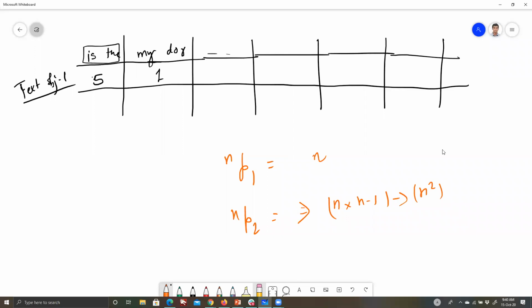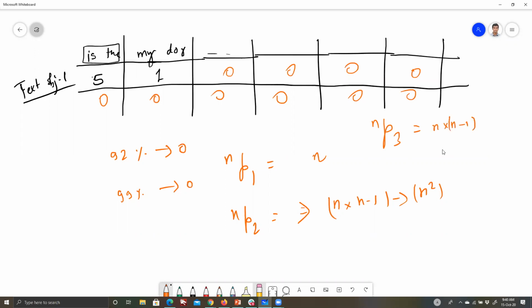So what I can very easily say is, if you think about it, earlier if you had 92% cells which were empty, which were 0, maybe you will have 99% cells which will be 0. See the problem? So even if you think that somewhere it captures good context, that's good, but then you will have an even larger number of cells, not columns, sorry, my bad, which will be 0. And this problem is going to get worse with trigram because N P 3 is, and this is approximately